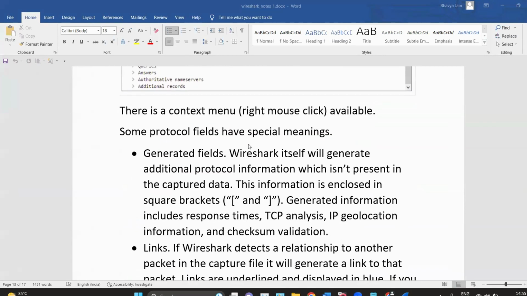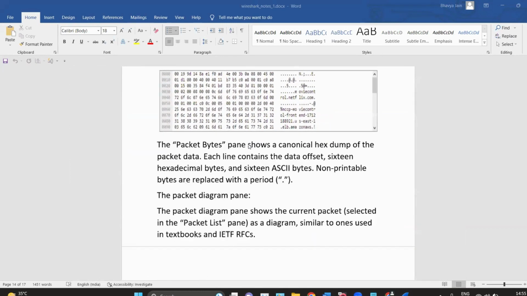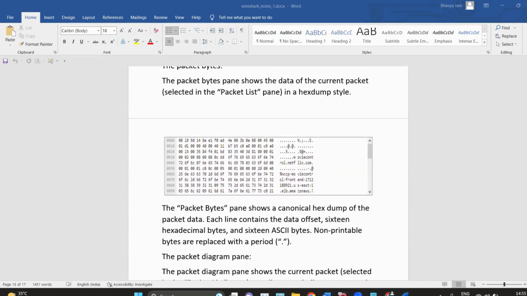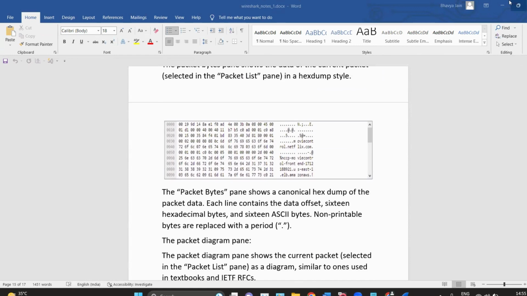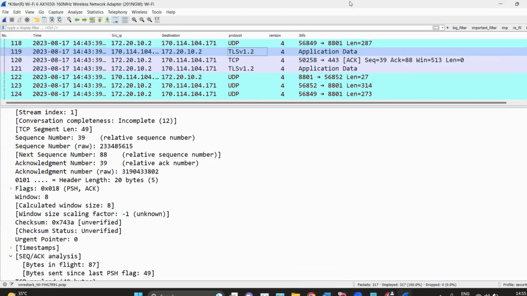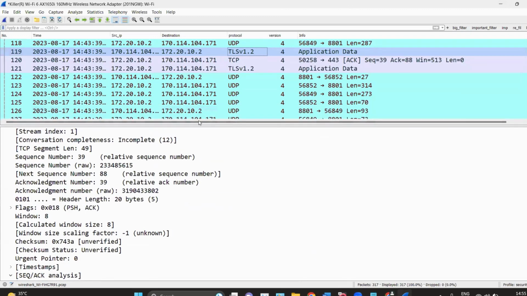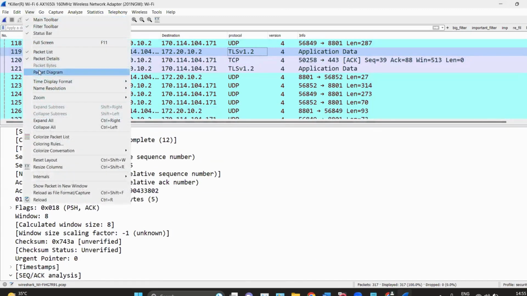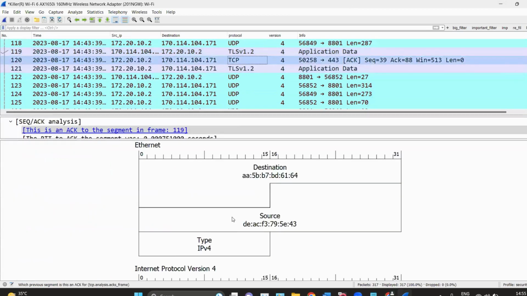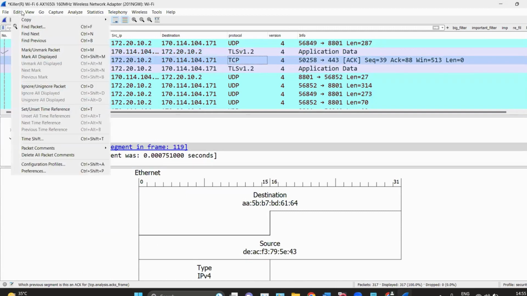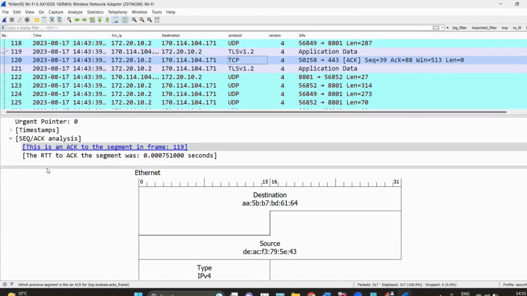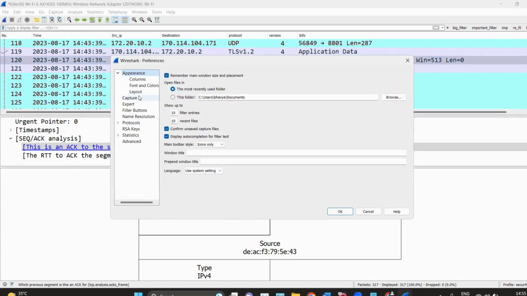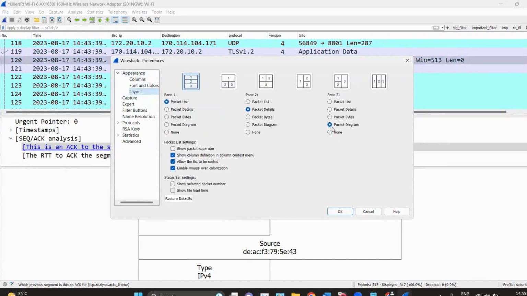Then we have packet bytes, which is in the hex format. So you can also see the packet bytes. And then we have the packet diagram. You can see either the packet diagram or the packet bytes. For example, if you want to see the packet diagram, you can click here, and now you have the packet diagram of each and every packet. If you want to see the packet bytes, click on Edit, then Preferences, and here click on the Layout option. In pane number 3, instead of packet diagram, you can choose packet details, sorry, packet bytes. When you click OK,